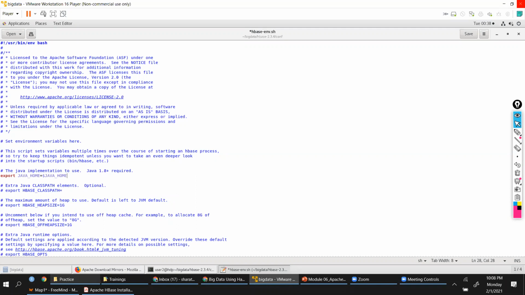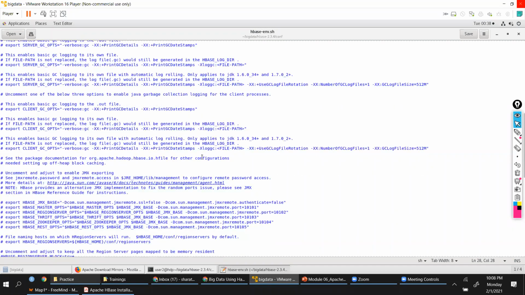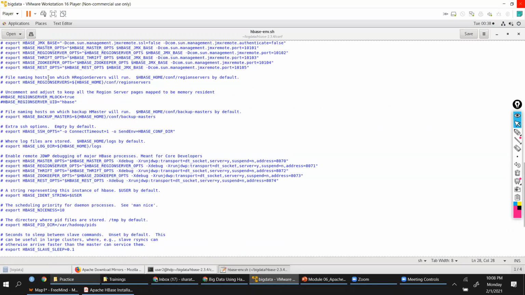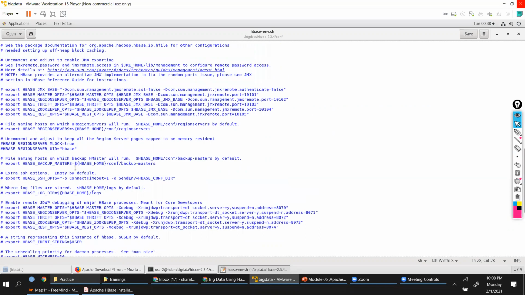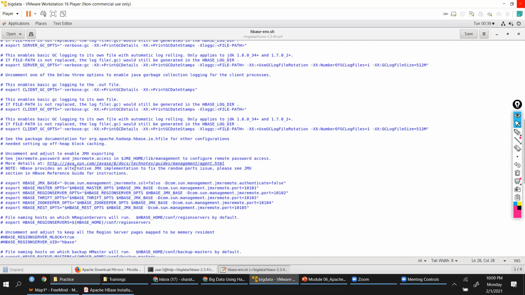This would point to the custom Java installation that we had installed. And we have defined this JAVA_HOME parameter in our env file, that is the bashrc file. You can ignore the rest of the settings. You don't need to edit anything, but if you want, you might want to go through these settings once. It talks about HBase region servers and all those things.